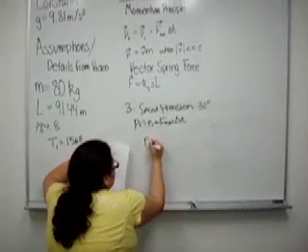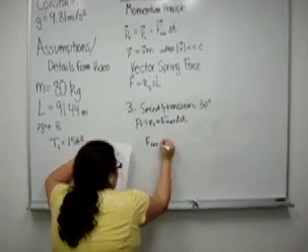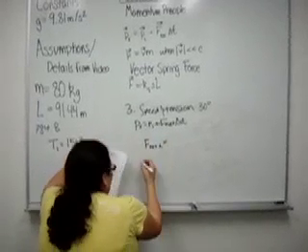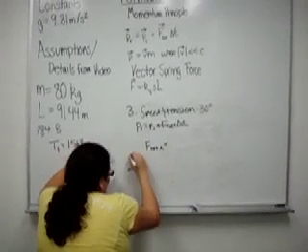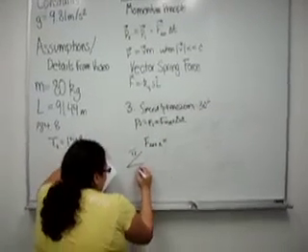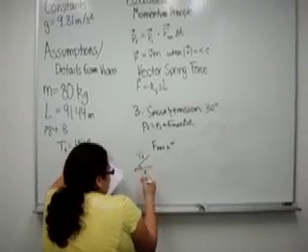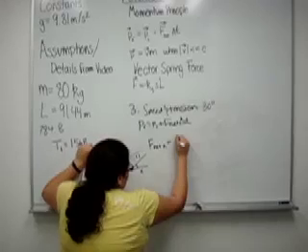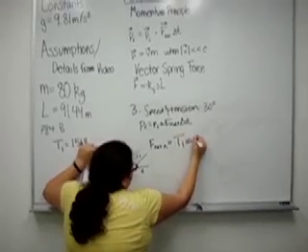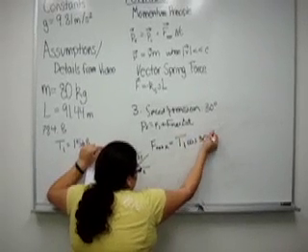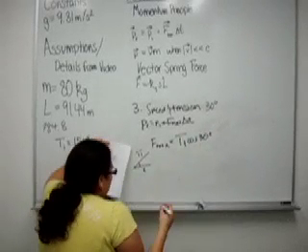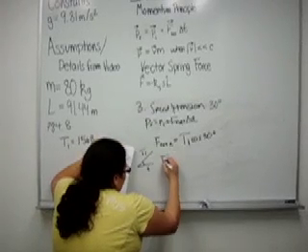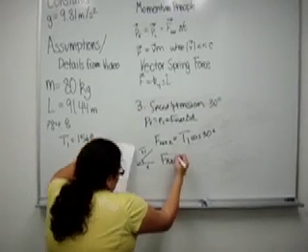Find the sum of the forces in the x direction. All we have based on our free body diagram is the x component of the tension of the rope. For this we're just going to use cosine to figure it out. So we have T1 cosine of 30 degrees. If you notice, we're going to end up with Fnet as a vector. So Fnet is going to be equal to